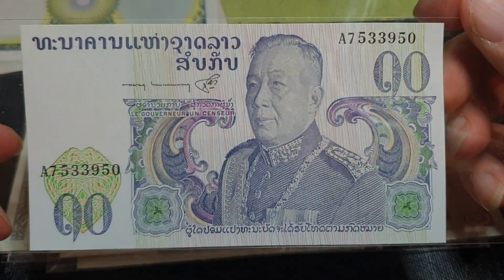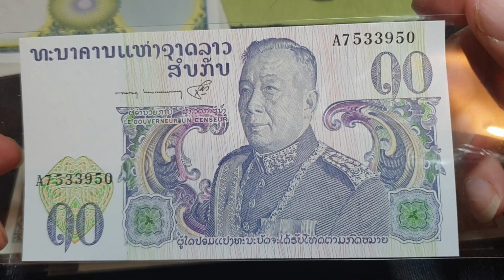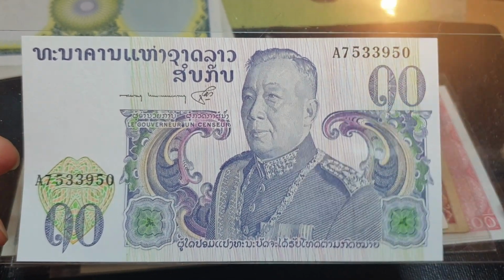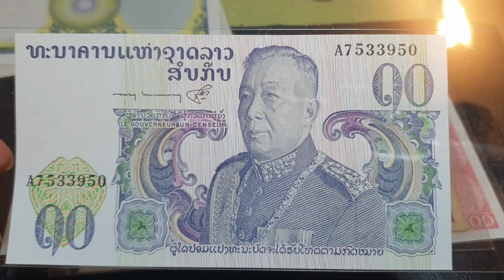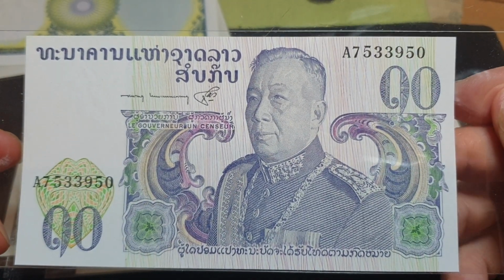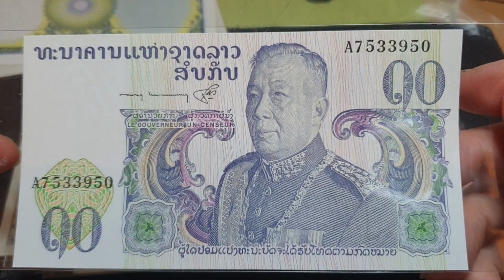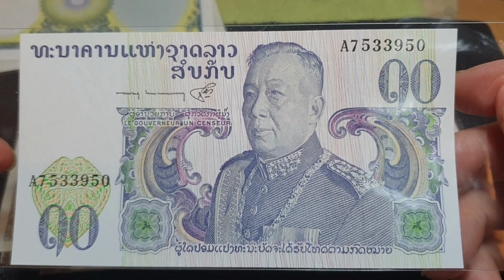And the next one we have is the 10 kip. So this one was printed in 1974, not issued for circulation. And this banknote has King Savang Vatthana. And I believe he was actually starved to death by the Pathet Lao, who actually took over